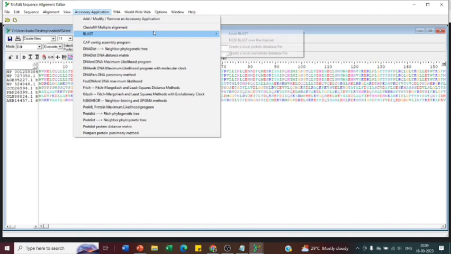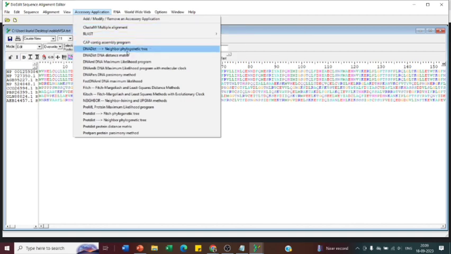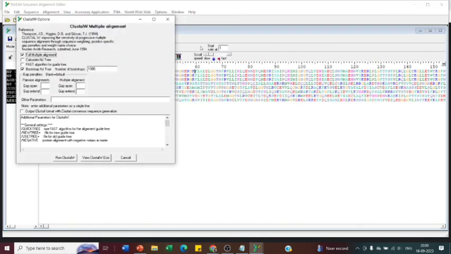I am just doing Clustal W. You can construct the tree also with these different methods, but we are constructing using MEGA only. So we are just clicking the Clustal W multiple sequence alignment. Actually in multiple sequence alignment, when we are doing the first part of the construction of the tree,